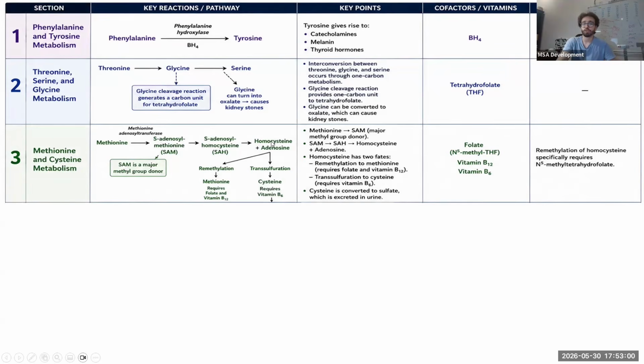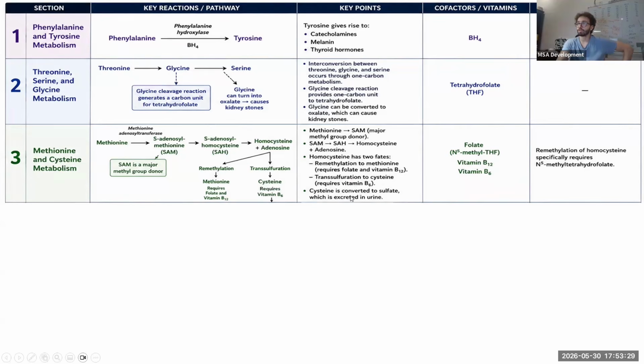Homocysteine. What will happen to homocysteine? There are 2 fates of homocysteine. Either it becomes cysteine by transsulfuration, or homocysteine can go back all the way to methionine. How? By a process called remethylation. So homocysteine either continues and becomes cysteine, which requires vitamin B6, or it goes back to become methionine and starts the reaction again, which requires B12. And this process is called remethylation.